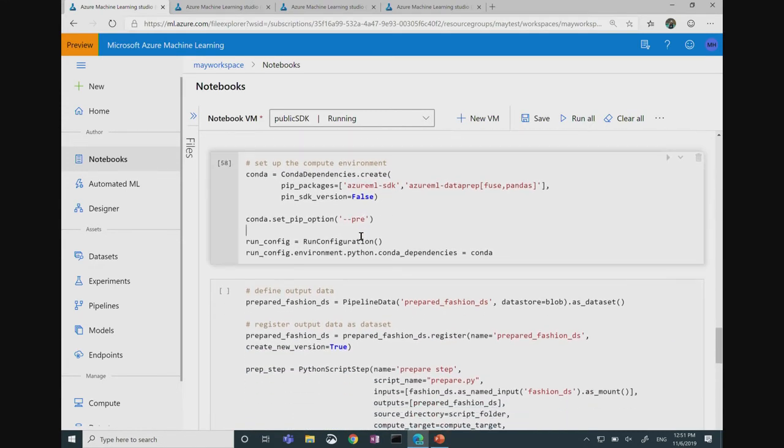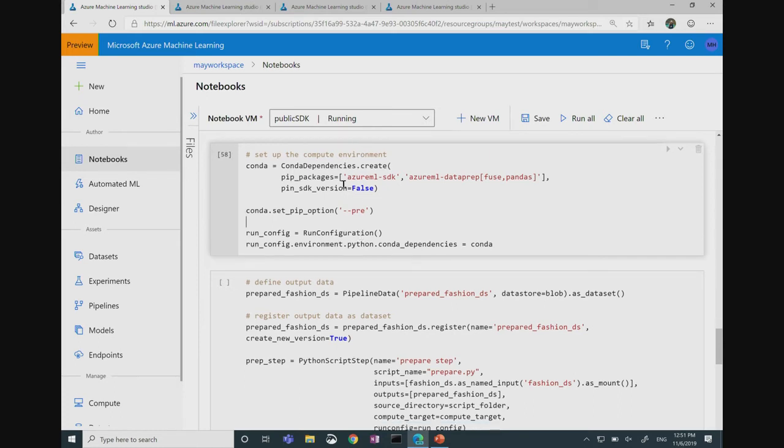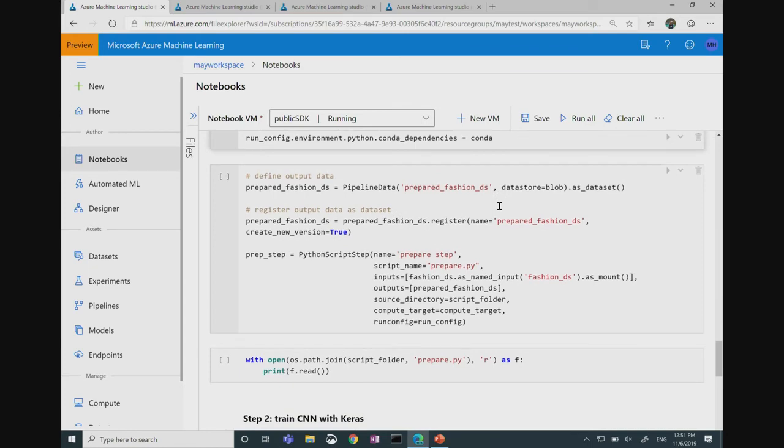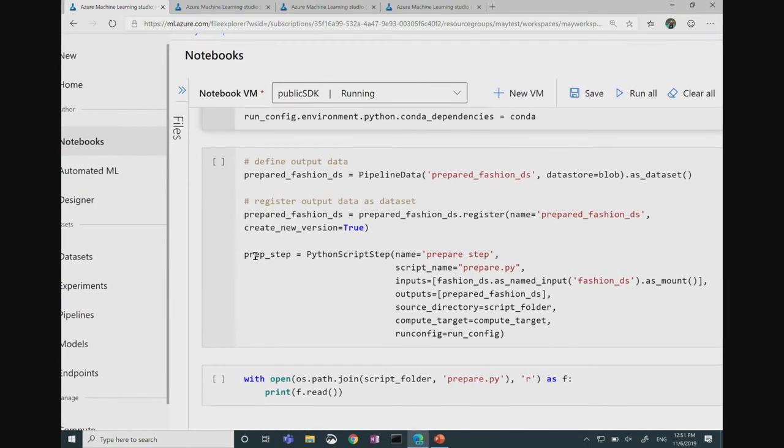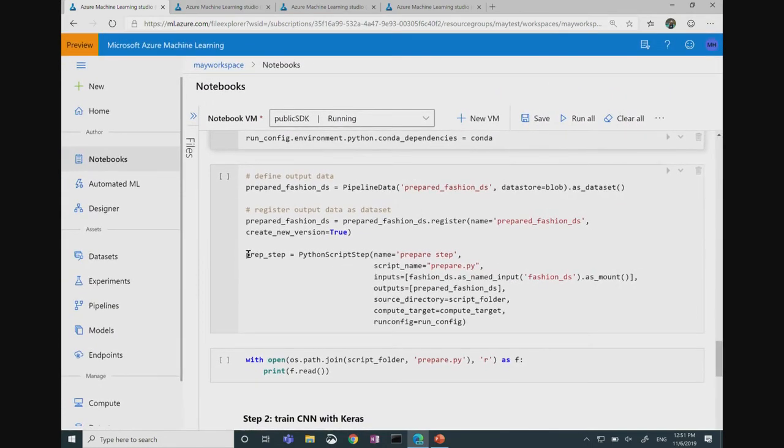Here is where I set up the compute environment of my virtual machine to install the necessary packages. And then I will configure my first preparation step with the input as the fashion dataset, the one I just created and registered. This line of code basically tells it to mount my fashion DS to the virtual machine.